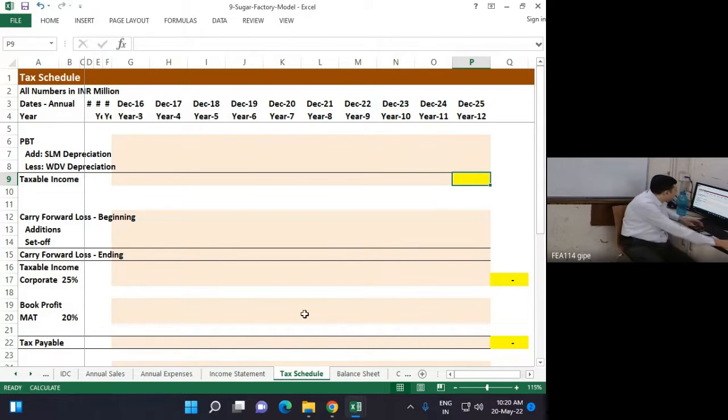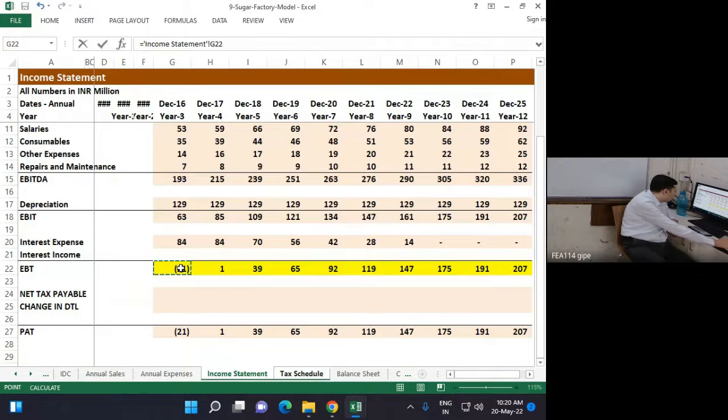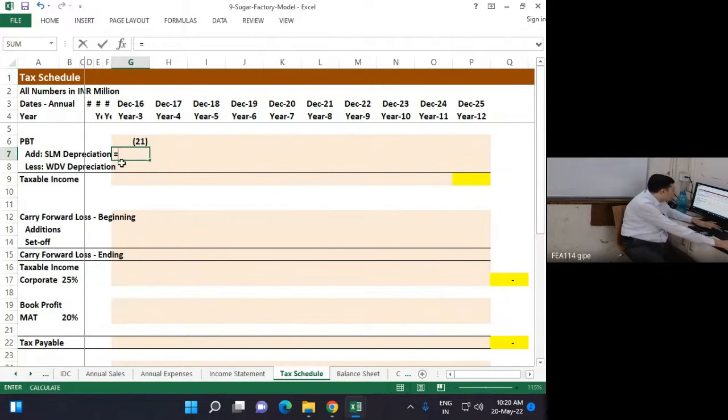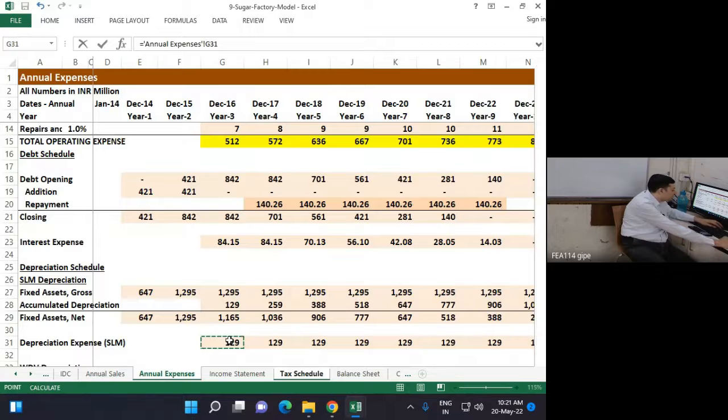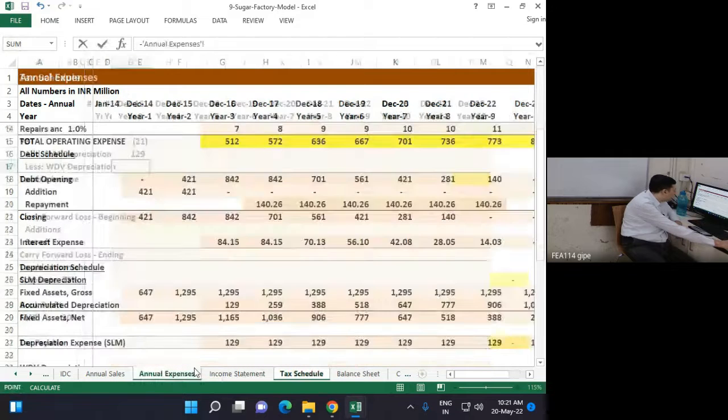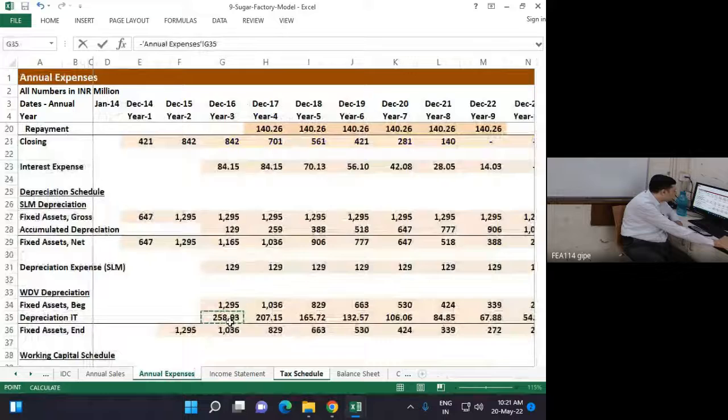Okay, let's do it on screen. EBT, we will take it from the income statement, same as EBT. Straight line depreciation, we will add, we will subtract. So I will put a minus sign there itself to the